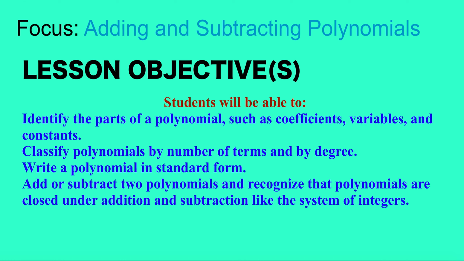Lesson objectives. Students will be able to identify the parts of polynomials such as coefficients, variables, and constants. Students will classify polynomials by number of terms and by degree. Students will write a polynomial in standard form. Students will add or subtract two polynomials and recognize that polynomials are closed under addition and subtraction like the system of